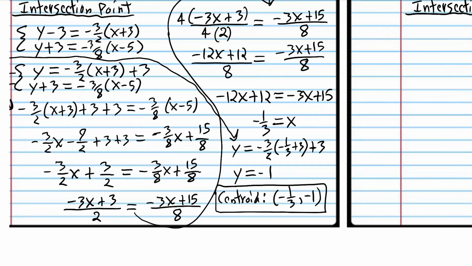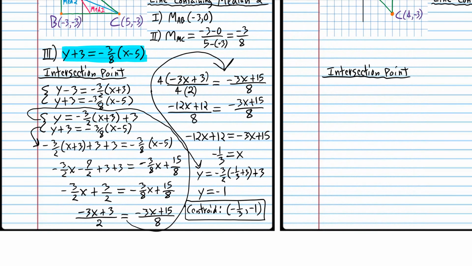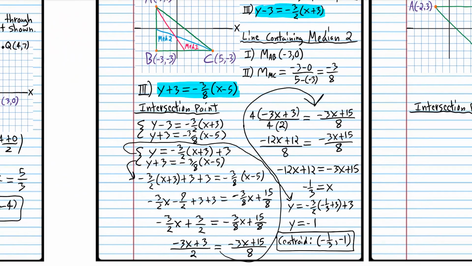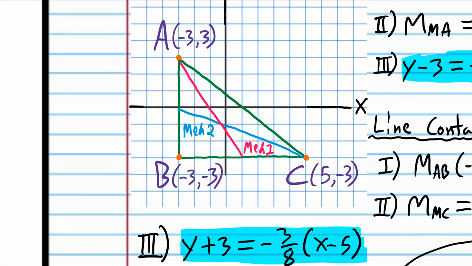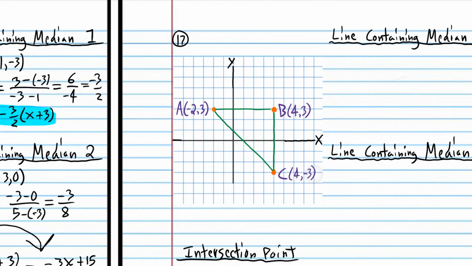So again, I know that's a lot to think about, but there's no avoiding all that arithmetic. So you can see negative 1/3, negative 1, that's about where our centroid should be. If we go out negative 1/3 and then negative 1, it's right about there. So it looks like I got lucky with my medians there. They're pretty accurate. All right, for number 17,